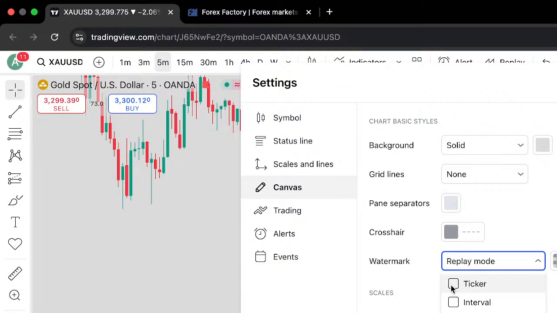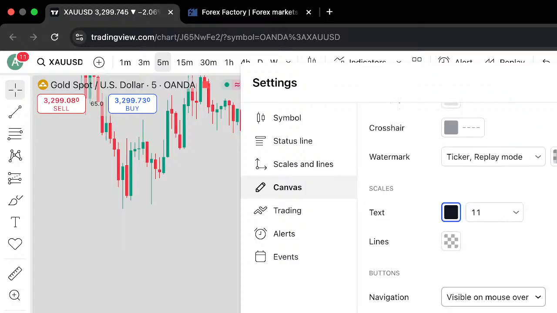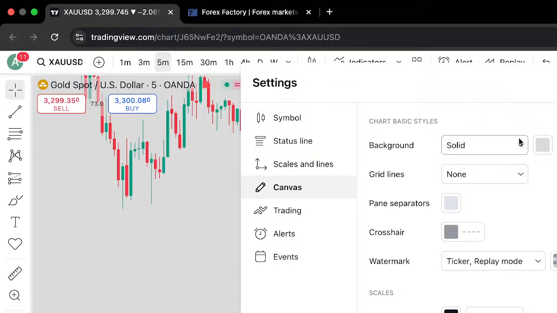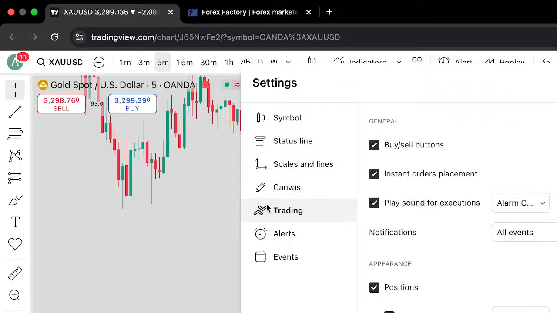Ticker interval description. If I can put it, it will be wonderful. Visible mouse, visible or okay, perfect, no trouble. We're just looking for